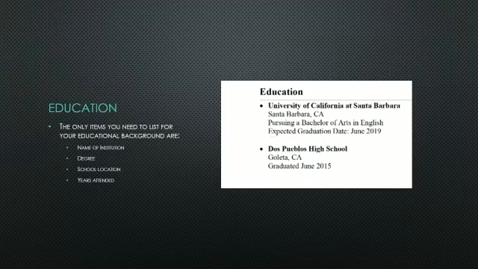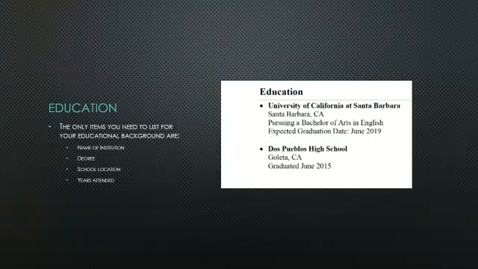So the example I found was a little bit different than what I just listed off, but it gives you a different alternative. He's got the University of California at Santa Barbara. He's got the location. He's actively going to school at the time that he issues this resume, and that's okay to do because it's showing people that you're still actively pursuing further education. I did that with my resume a couple years ago when I was finishing up my undergrad degree. I was pursuing my Bachelor of Social Work, so I included that in there